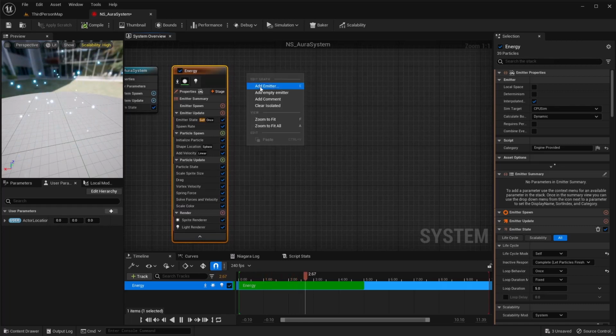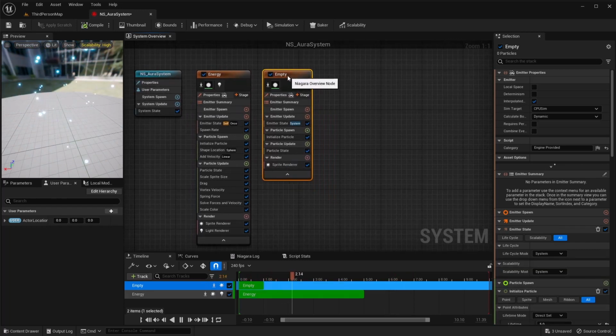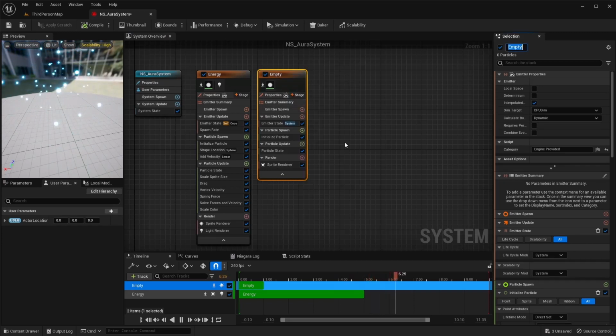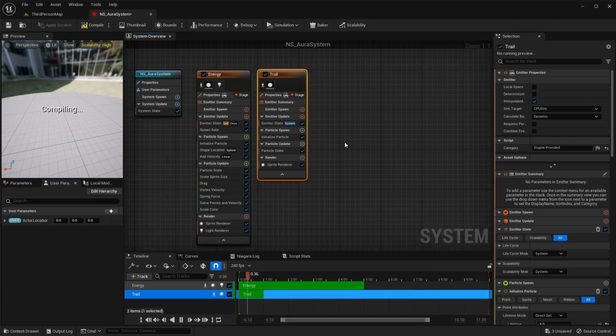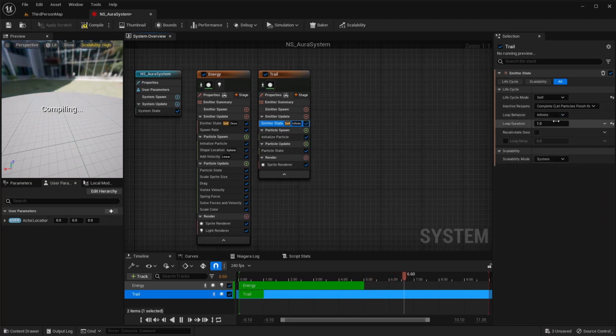The next thing we want to do is add another emitter. And again, I'm just going to add an empty emitter here. And I want to rename this to something like trail. I can spell it. I want to do emitter state, change this to self and infinite.